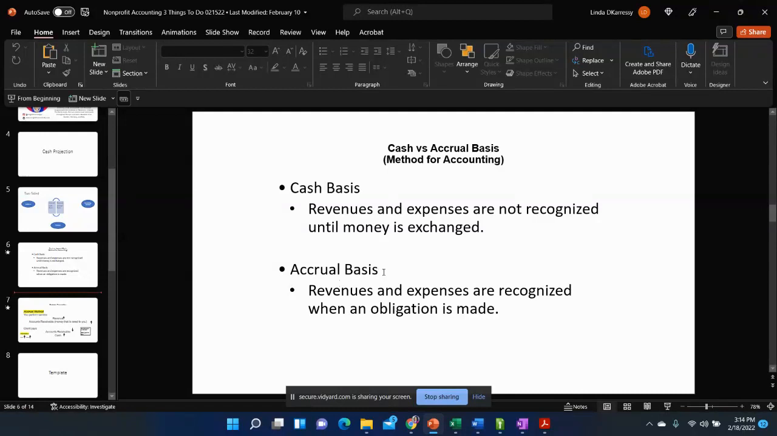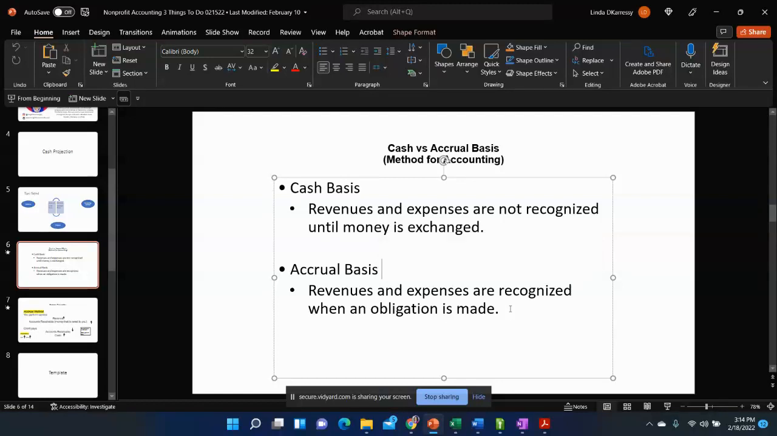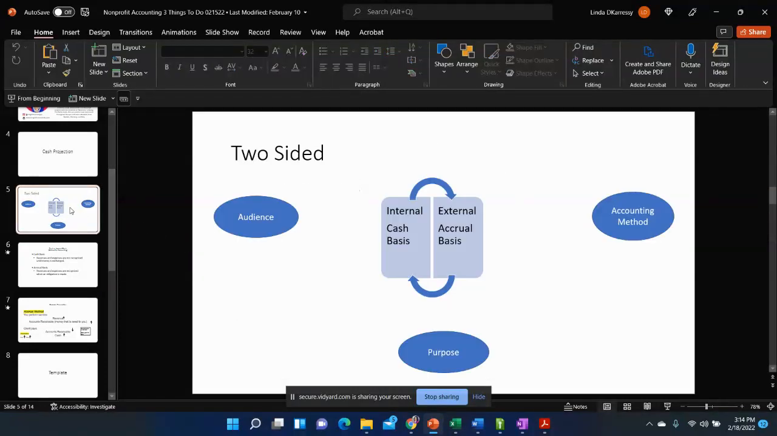The accrual basis is when you have an agreement with the state, an agency, even a business. That's where you have to start when you're creating invoices, things like that. You have to recognize expenses when the obligation is made. So, big difference. So with the cash projection template that we reviewed and that I'm going to bring up again,